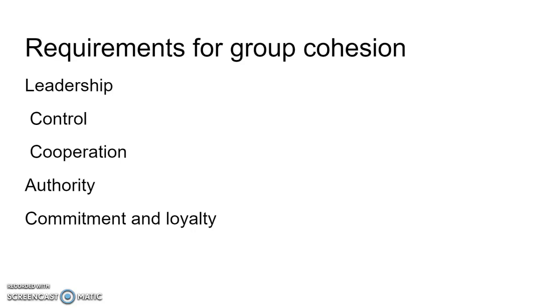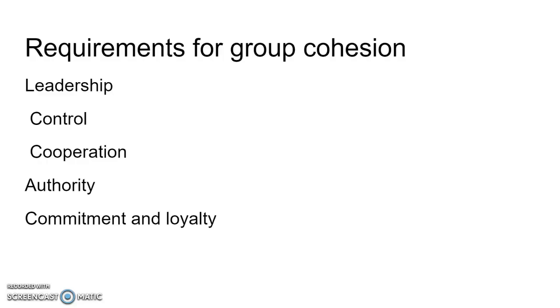And everyone must know and acknowledge who this leader is. We cannot have everyone in the group saying that I am the leader, I am the head of the group, I am this, I am that. No, there will be too much chaos. There needs to be a person or persons who are set in leadership positions in order to manage the group,